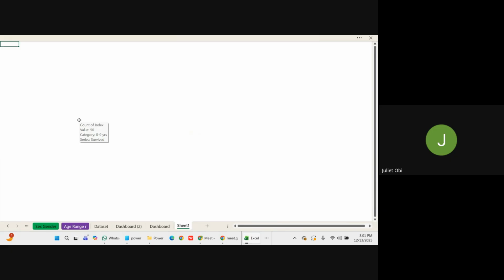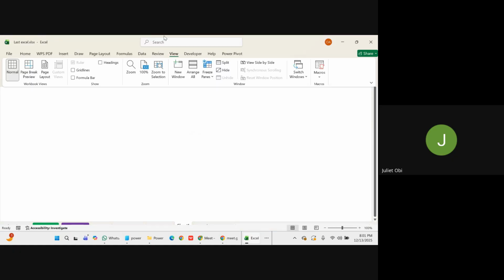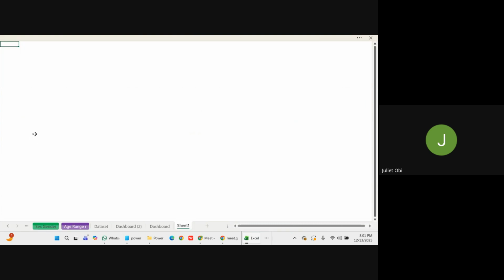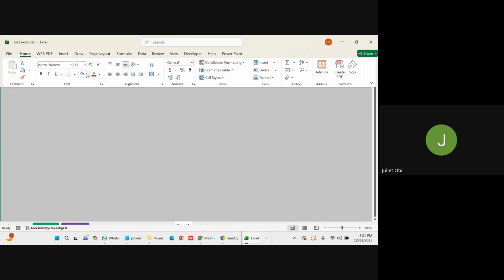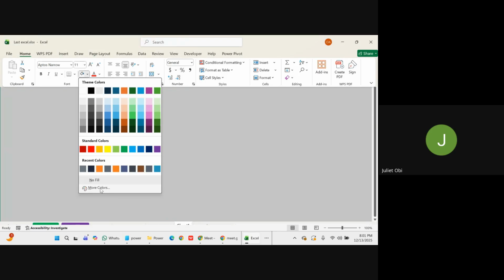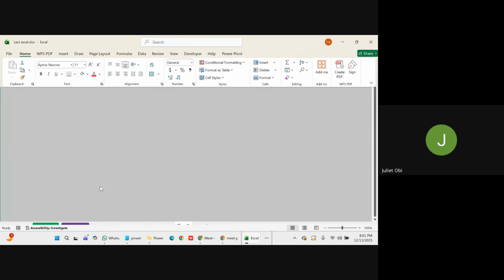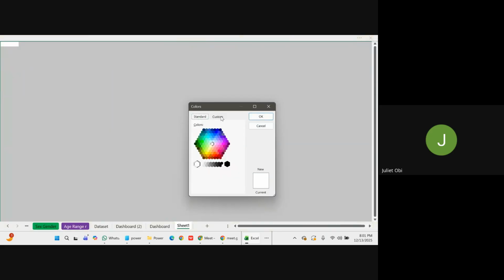So first of all, we want to color this whole place. You go to Home. Let's Control A here and highlight everything. Then you come to this place, you come to More Colors, Custom. Now we want to create our own colors. The color we are using is 67. Now to get this color